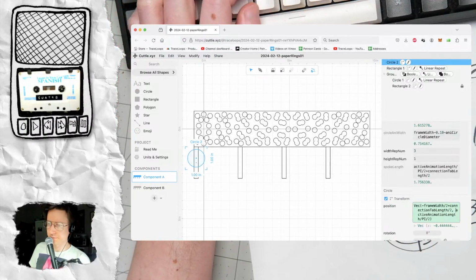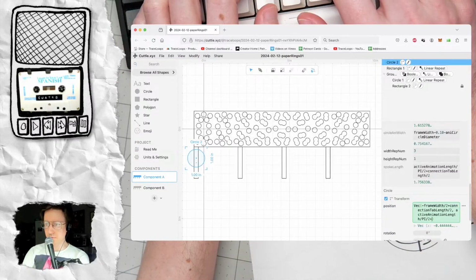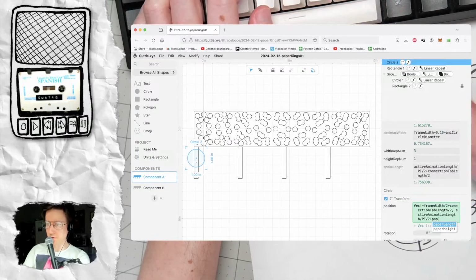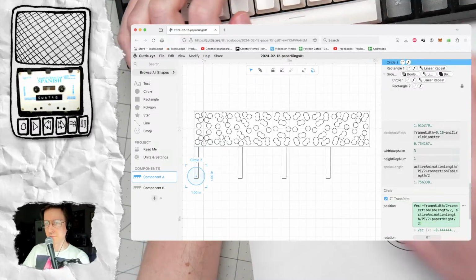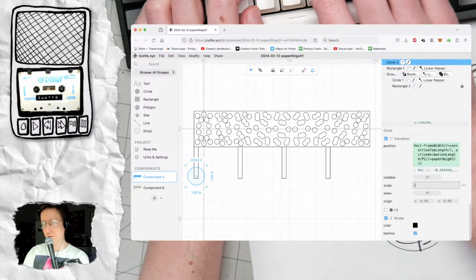Oh, because I'm forgetting paper height divided by 2. That's what I'm forgetting. Okay, scale of this should be